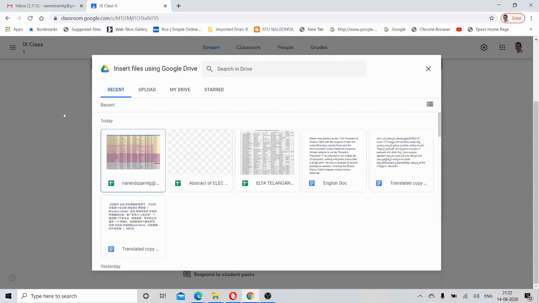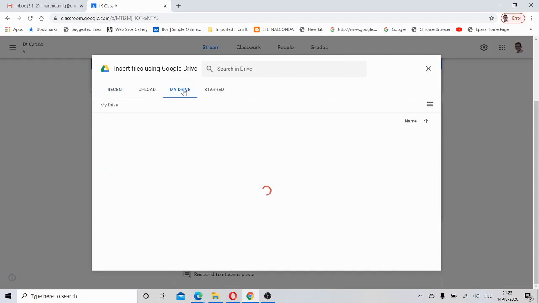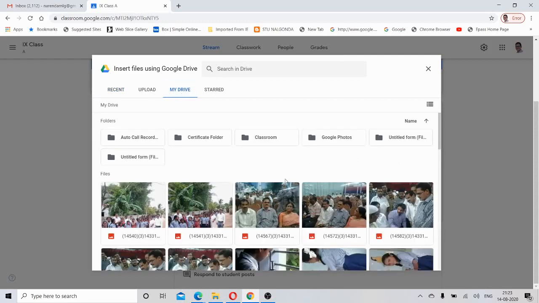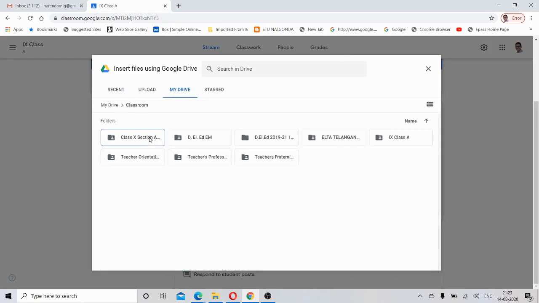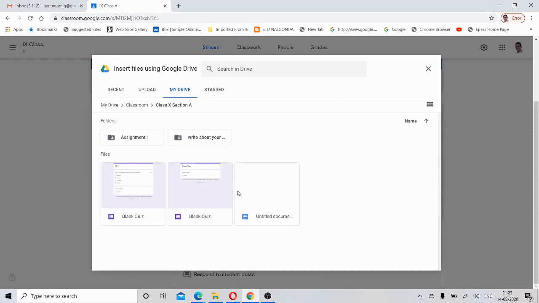So it opens like this. These are the recent files. I don't want to go to recent files, just go to My Drive. Yeah, this is my drive. Now I have some files in my Google Classroom. Let me go to the class 10th section. Here also I don't find any material.